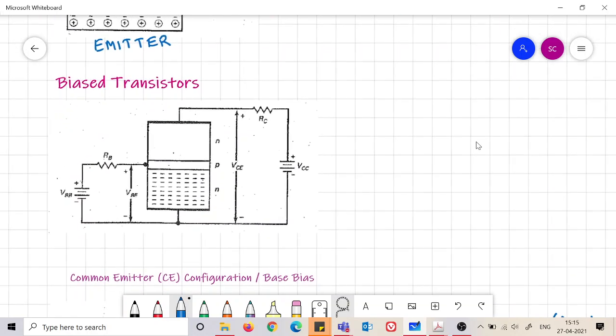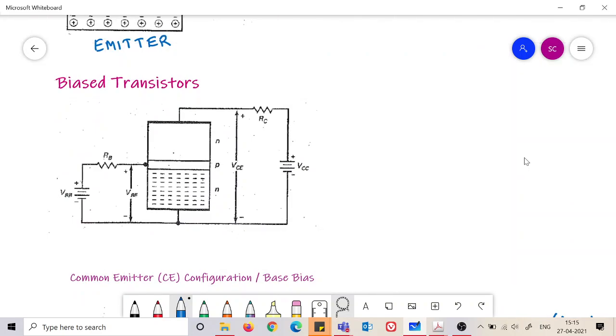So this is one picture where you can see the one sort of bias. Here what we have done, we have forward biased the base emitter. So this is the emitter. We have forward biased the emitter base junction, and you can see that here, if you wish to understand what is the bias in the